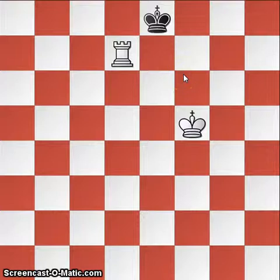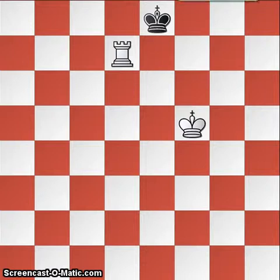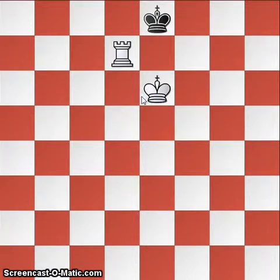Do you notice how we slowly cut off the squares for the king? First the king had the whole board to roam around, then we brought it to d3, it's now got half the board, and then now we bring it into d7, it's just got these last 8 squares on the back rank. Okay, so now you want to bring your king into e6, obviously just defending the rook, keeping the opposition,